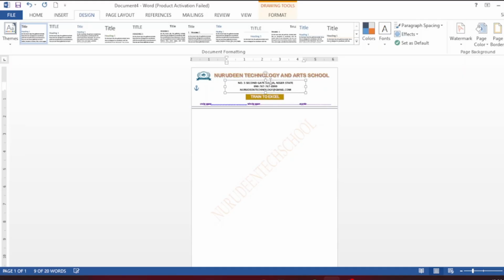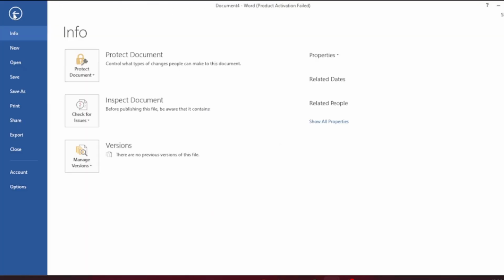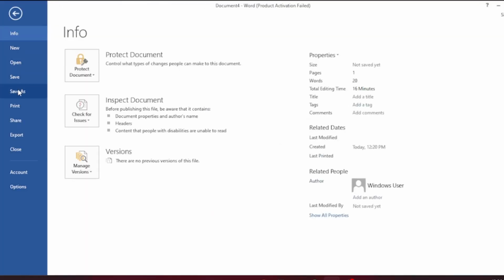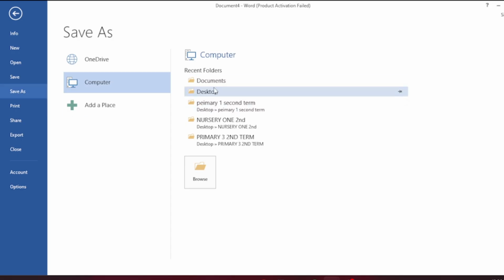You arrange it, maintain a good spacing. Next thing to do is to save. You come to your file, do save as, come here, desktop,